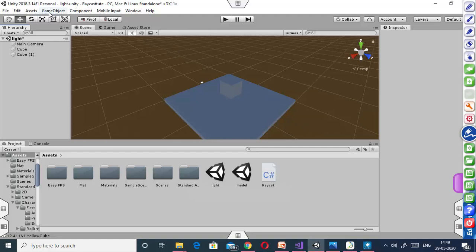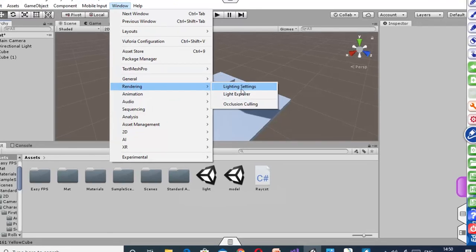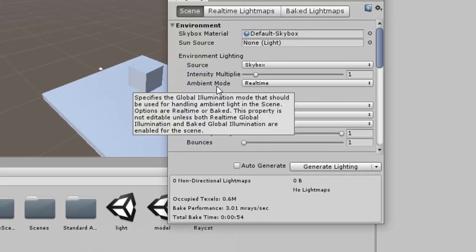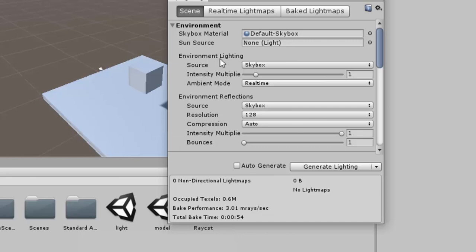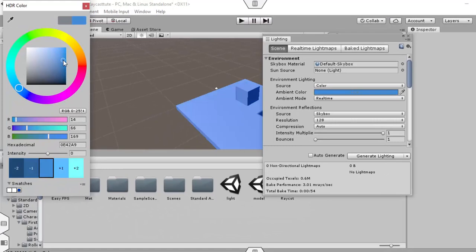If we go to the rendering lighting setting, here we can see that environment lighting source is set to the skybox. So here skybox is treated as the ambient light source. We can change it with other options like color. I have chosen the color. So what will happen, we can change the mode of the scene.